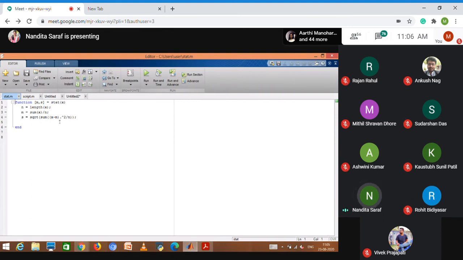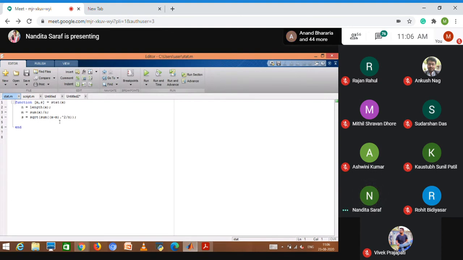Otherwise, it will take it as a matrix operation, and it will calculate x minus m as a matrix, and it will do a matrix multiplication between x minus m into x minus m. I don't want a matrix operation here. I want every element to be squared. That's why I have used dot.